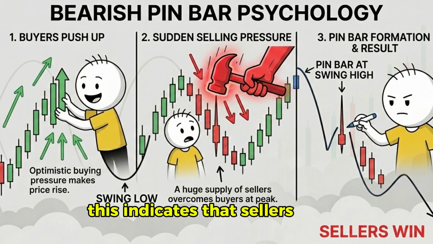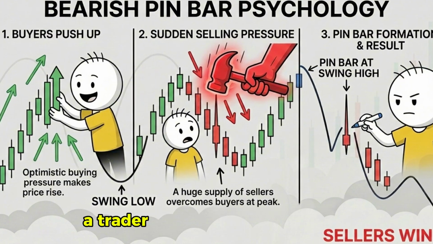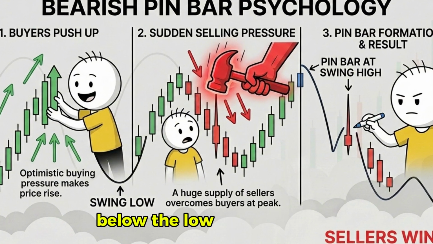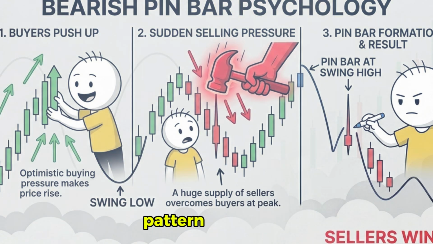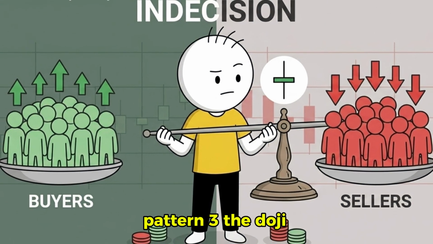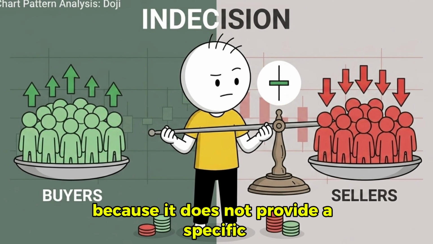This indicates that sellers have successfully seized the advantage. If other market factors align, a trader might place a sell order below the low of this pin bar, keeping a stop loss safely above the top of the wick. Pattern 3. The doji. The doji is perhaps the most unique pattern because it does not provide a specific directional